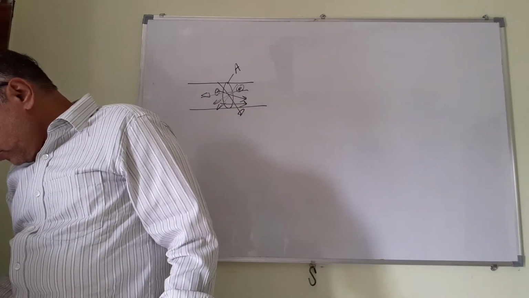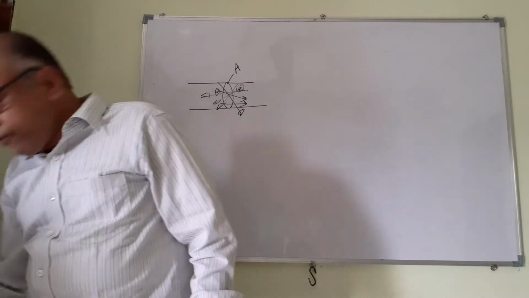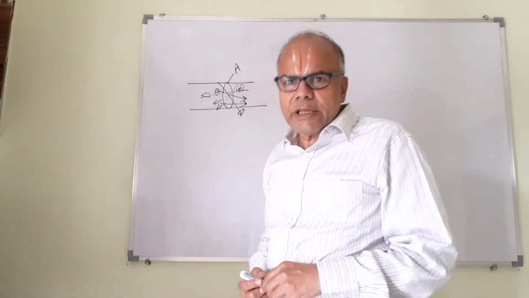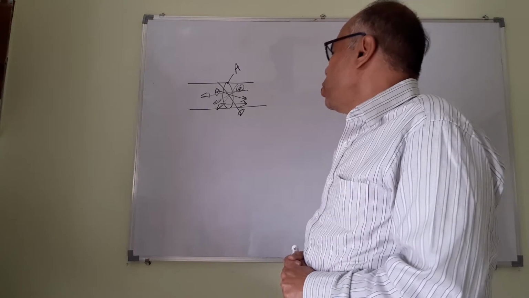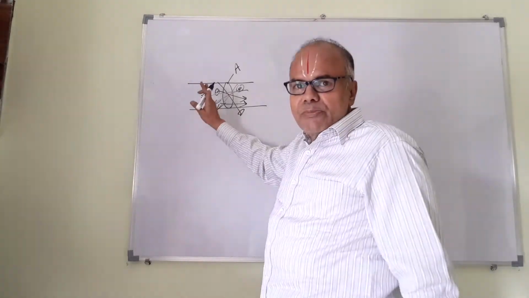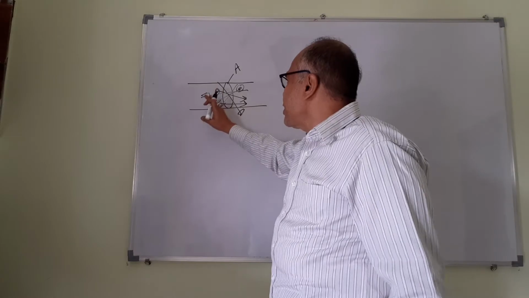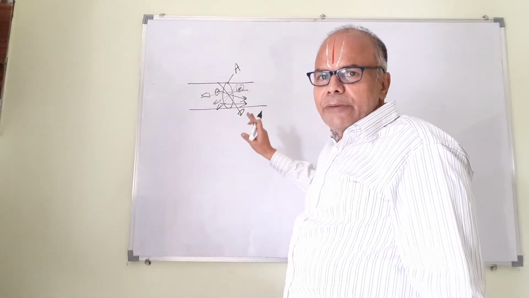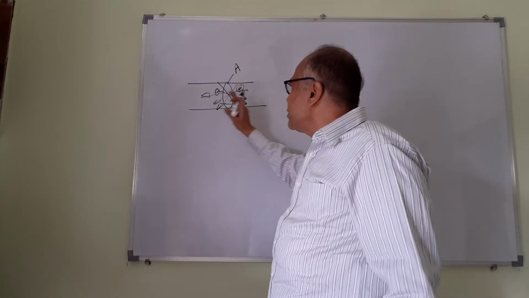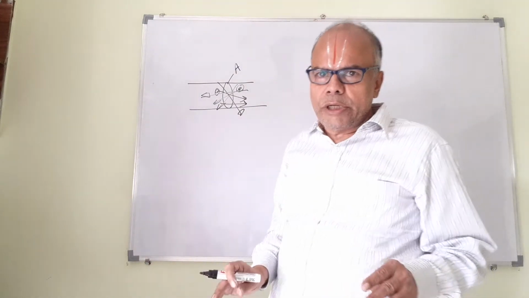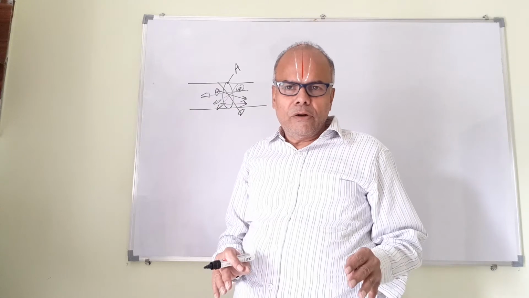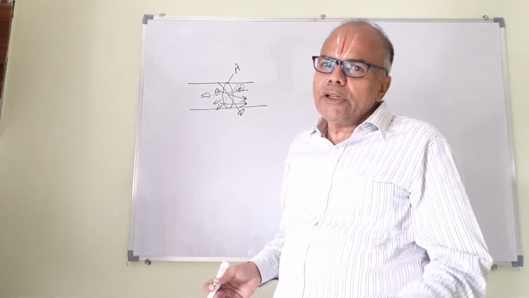So there is motion of charges. So is there a current? Is the question. The answer is no. Because overall, as many electrons that cross from the left hand side to the right hand side, that many have crossed from the right hand side to the left hand side. So net, there has been no crossover from one side of the area to the other side. So there is no current.